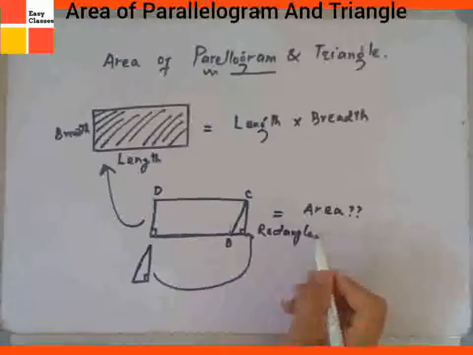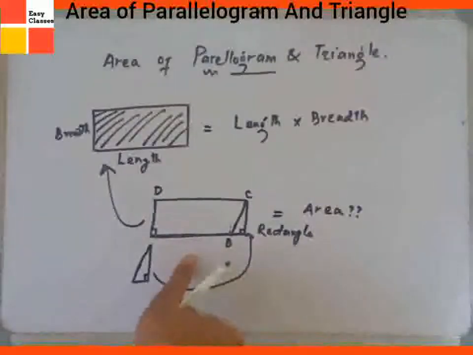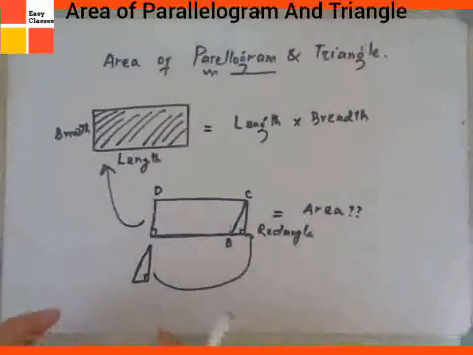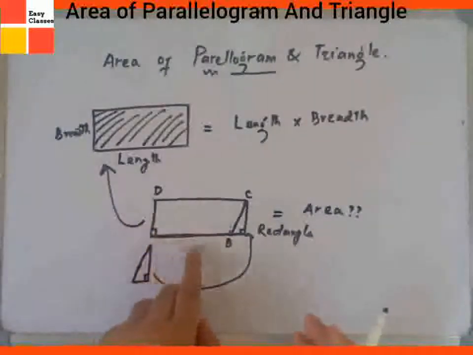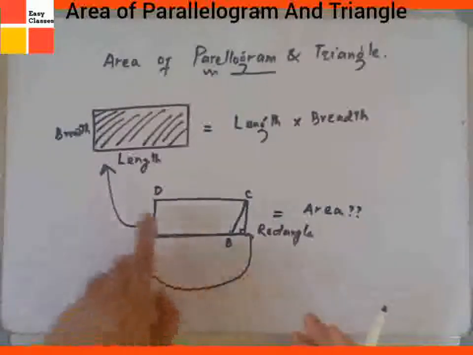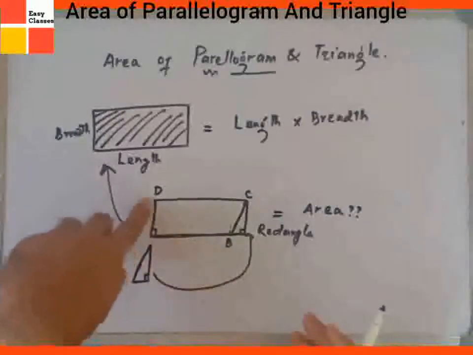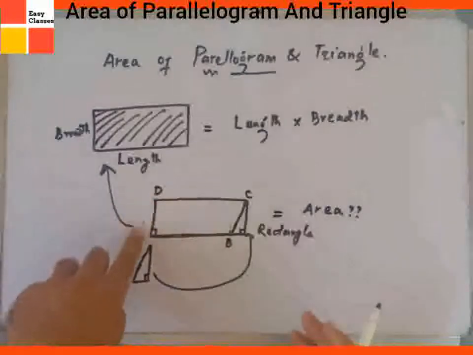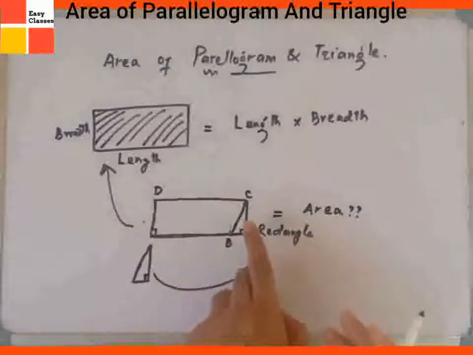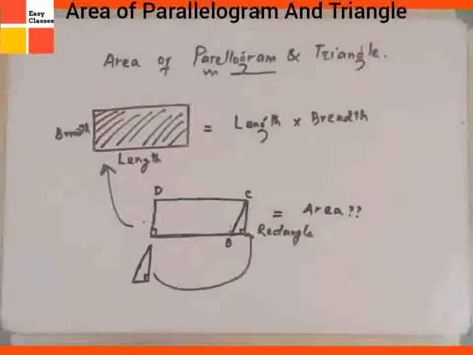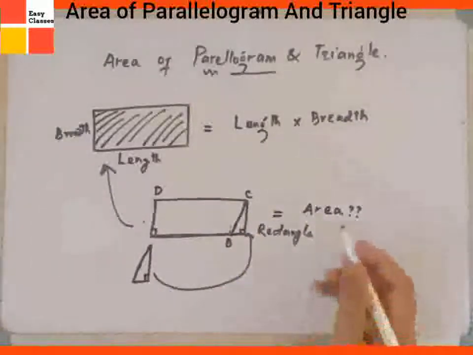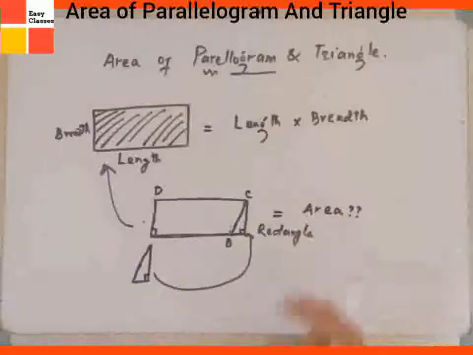So this figure, which was earlier a parallelogram, now turned into a rectangle by drawing a perpendicular on this side, and then we cut the triangular part from this side and fixed it on this side. Now this parallelogram turned into a rectangle, and we know that the area of a rectangle is equal to length